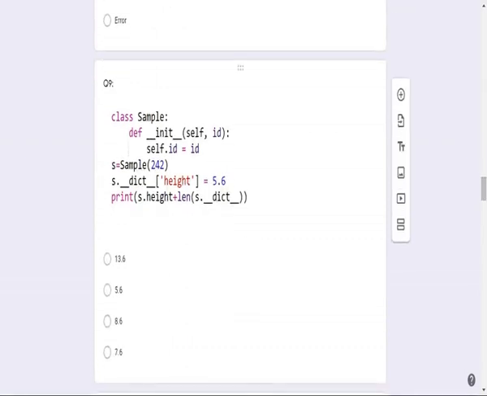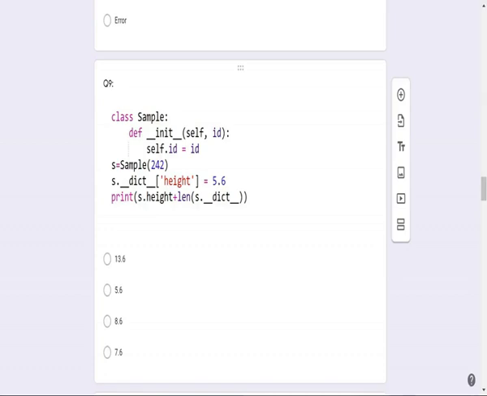Now in the class sample, I am assigning a variable self.id is equal to id. I am creating an object S, S is equal to sample of 242. So 242 is copied into id, and S.__dict__ of height is equal to 5.6.